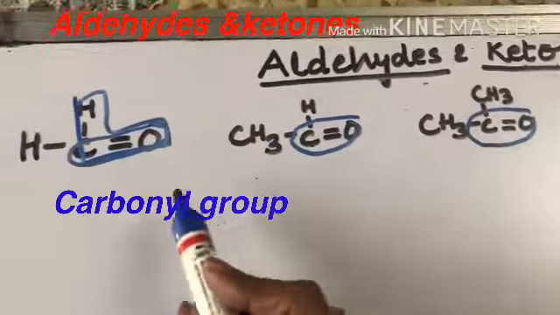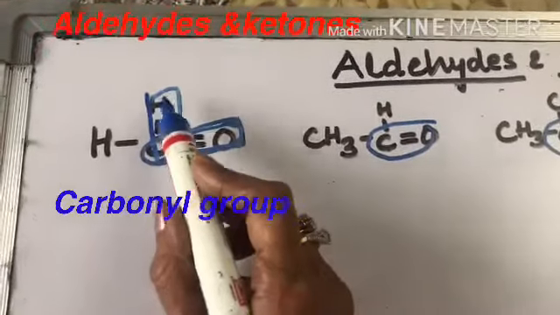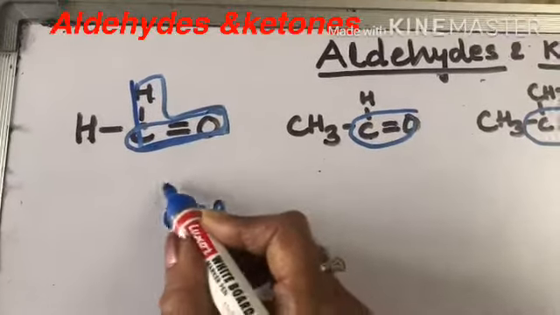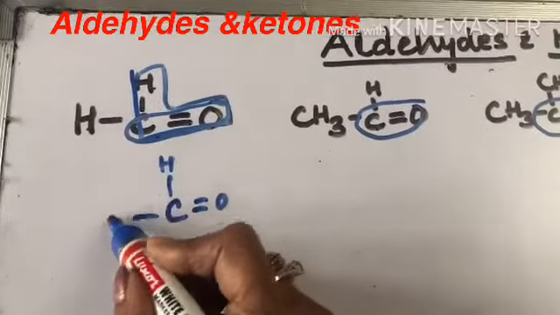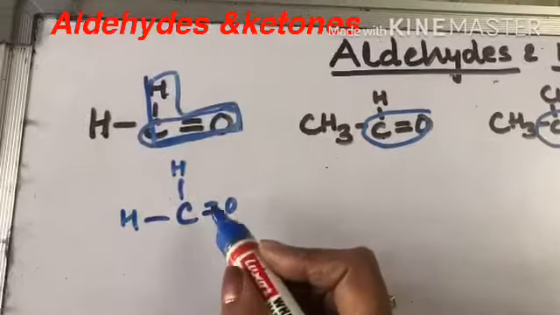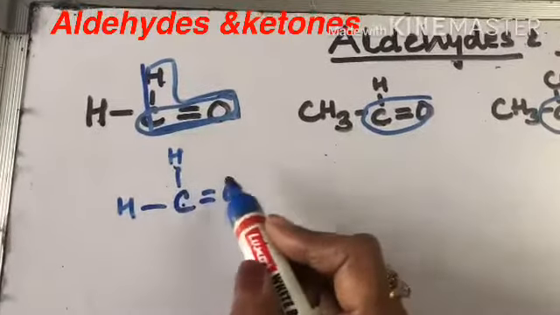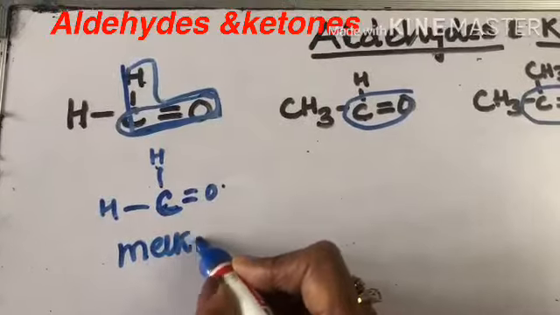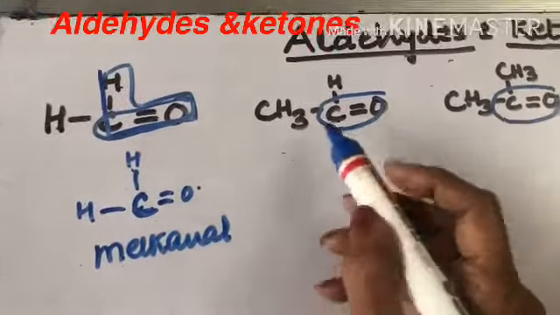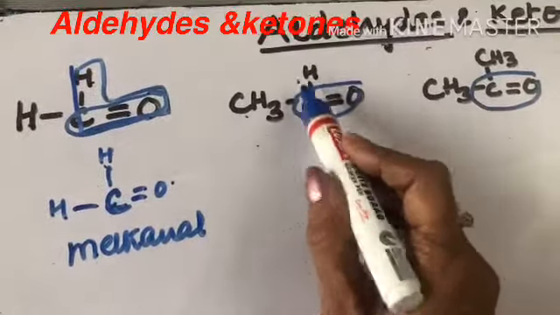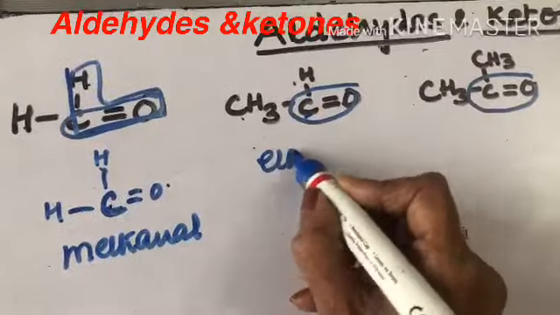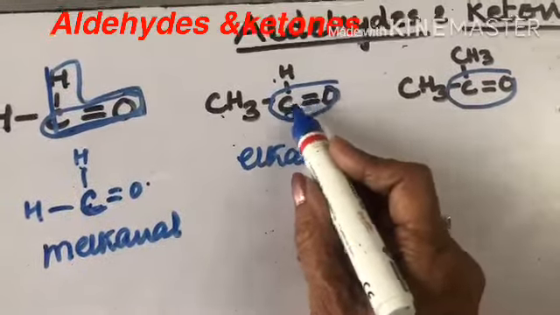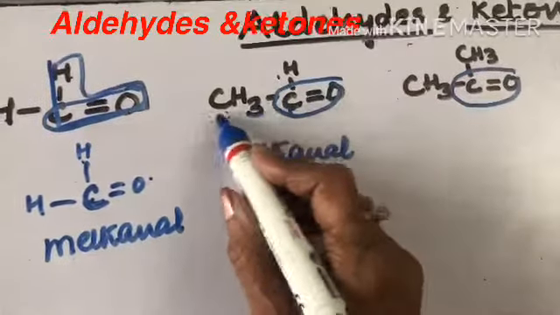What is different between them is that in formaldehyde there are only hydrogen atoms against the CO group. This was the CO group. If I only attach hydrogen and hydrogen here, then it becomes an aldehyde, because in CHO there is only one carbon atom, so I'll call this methanal. But if there are two carbon atoms against CHO, we'll call it ethanal. And the carbon atom on the carbonyl group is also counted in the chain.